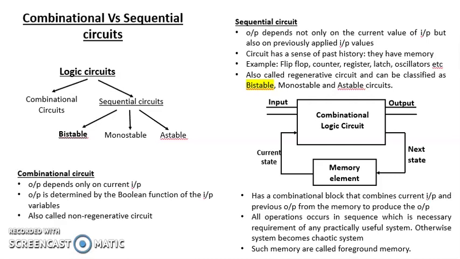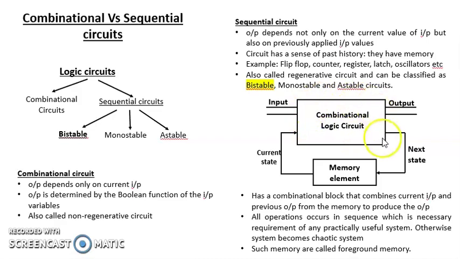What are the examples of sequential circuits? The examples are latches, flip-flops, counters, registers, oscillators, and many more. Let us take the example of a counter. A 3-bit counter should count like 0, 1, 2, 3, 4, 5, 6 and 7. Now for the counter to count to the next state, it should remember what the previous state was. For example, if the counter is in state 3 and a clock pulse is given, then the counter will count 4. That means the counter should know that the previous state is 3. So there is a requirement of memory in the system. The system should remember some information from the previously applied input.